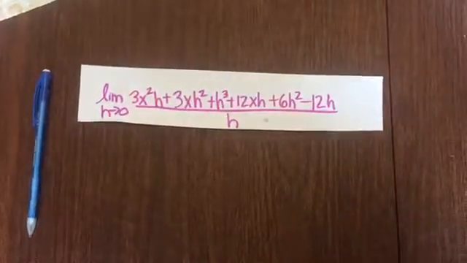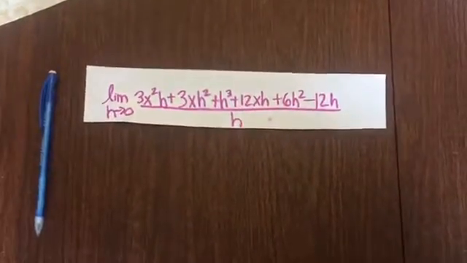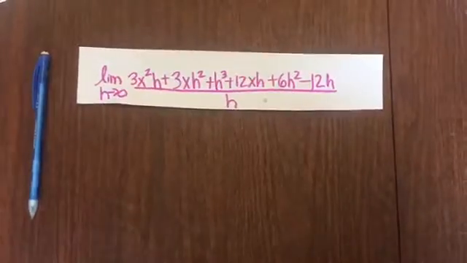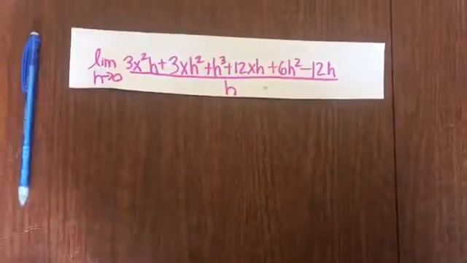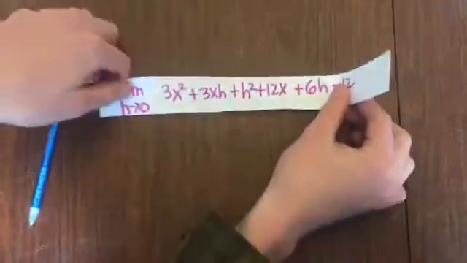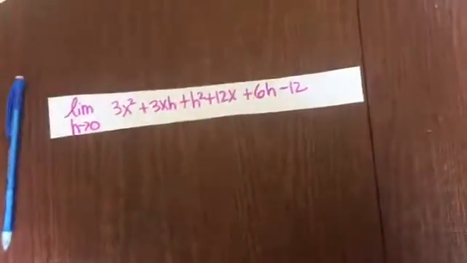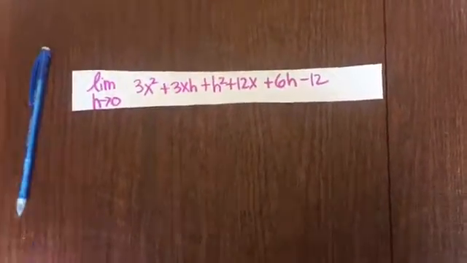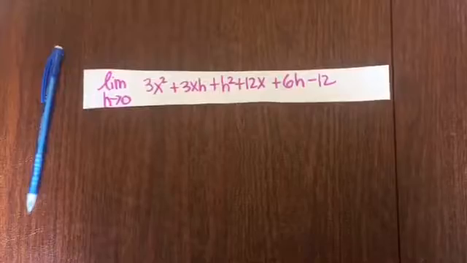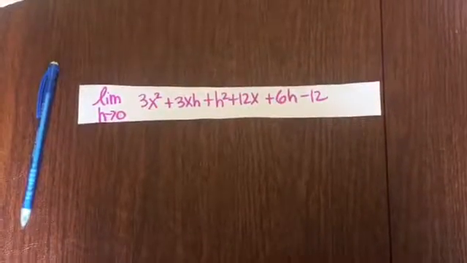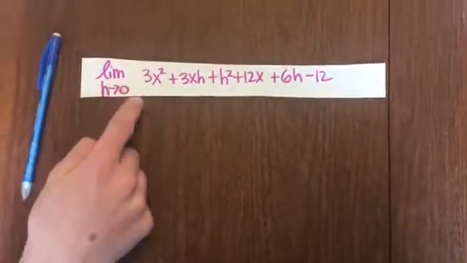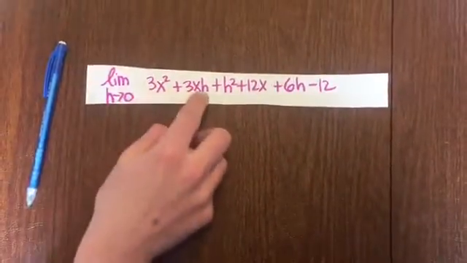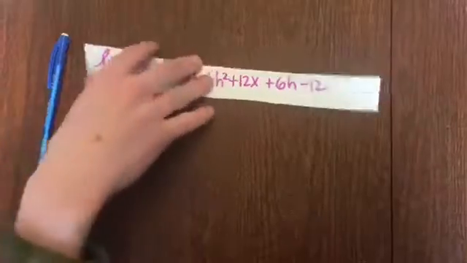And because it's a fraction, we have an h on bottom and an h in the top equation. H is in all of the top equations. We can just cancel the h out of this entire thing. And that's going to look like this. So 3x squared plus 3xh plus h squared plus 12x plus 6h minus 12. And now we have lim as h approaches 0, so you can plug 0 in for these h's, and we are going to get